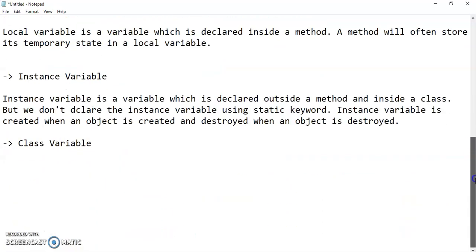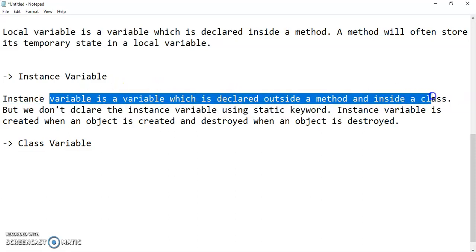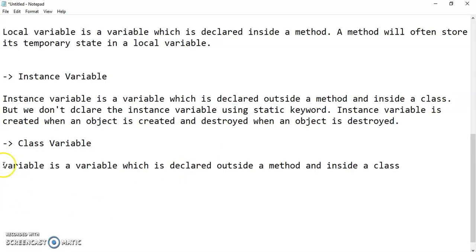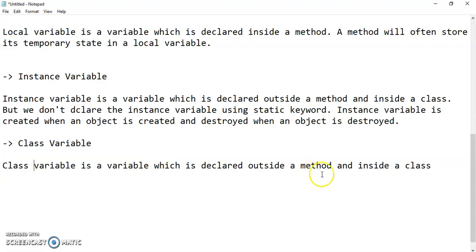What is a class variable? Same thing, class variable is a variable which is declared outside a method and inside a class, but class variable is declared using the static word.